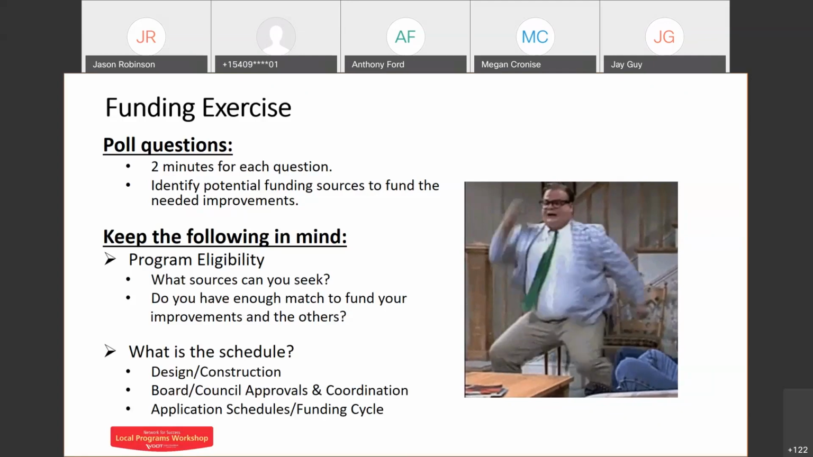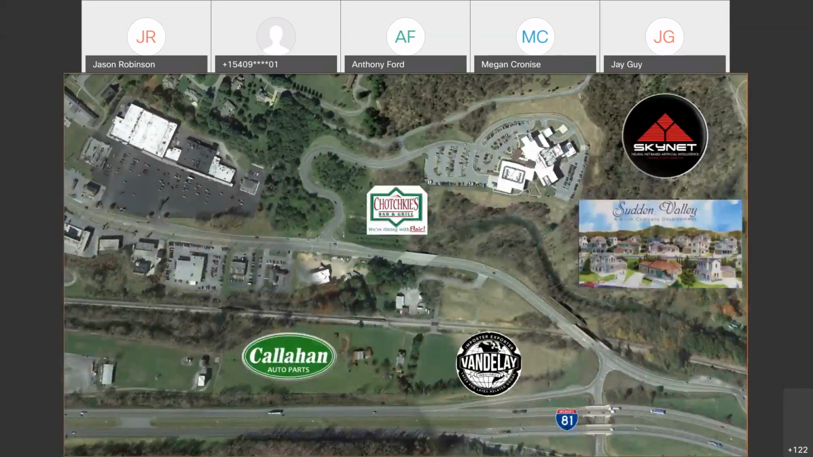So with that said, we'll look at the overall list of improvements one by one, and you guys bear with me. I'm going to try to get poll questions loaded up to answer. Okay. So question number one